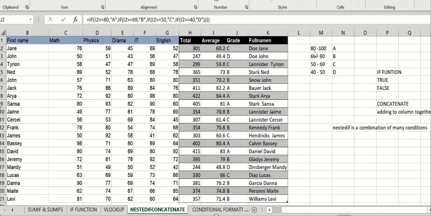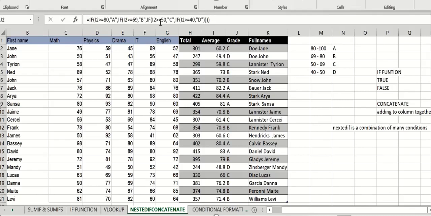So you pick the first one here. So now what's this? I'm saying average. The average here, if you look at this is 60.2. That is I2. This is I2 here. So if all this condition is met, grade is going to be this. So at least one of the conditions will be met. If you look at it here, 60.2 fall within this